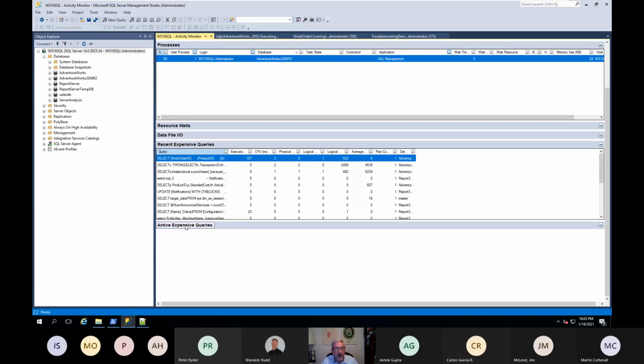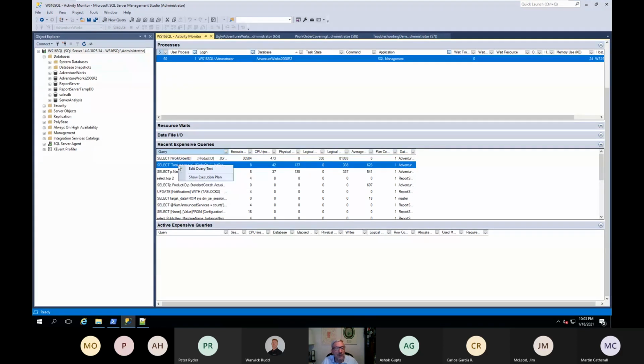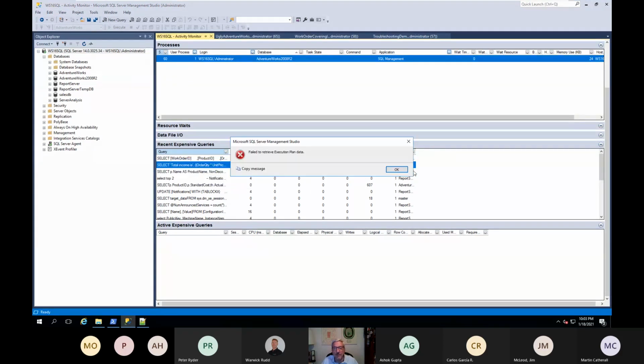Recent expensive queries and active expensive queries. Because I'm running my big ugly queries here, it's showing me my active expensive query. I can look at the query text.